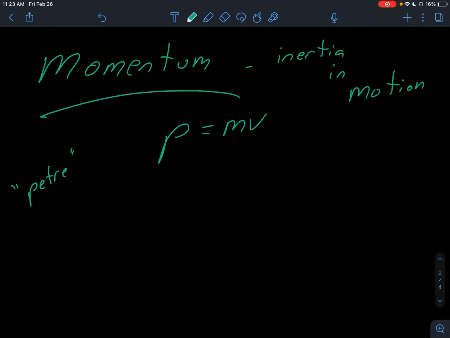With energy, we transfer energy with work. With momentum, we transfer momentum with impulse. So impulse is a force, like a net force, times a time, and that can be equated to an object's change in momentum. So that's what that first worksheet goes through and explains some different scenarios,